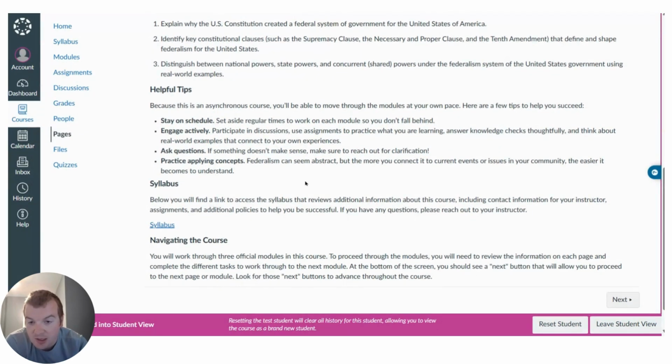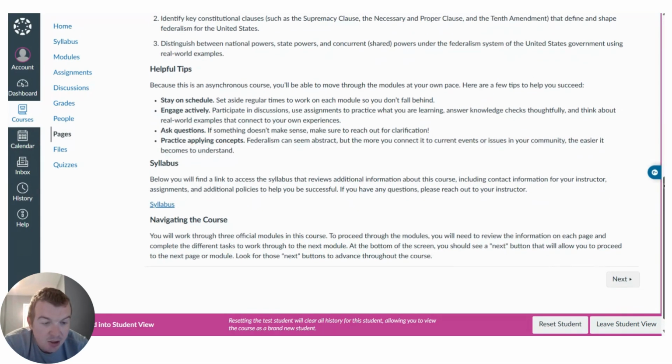Just trying to make sure we're staying on schedule, to make sure we're not falling behind on things, engaging in the activities, right? There's some interactive components, there's some videos, there's assignments to practice what you're learning. So I encourage you to please make sure you're actively engaging in those. If you have questions or anything, feel free to reach out to me. You can email me, you can contact me through the features within this course. There is the messaging features within the course itself,